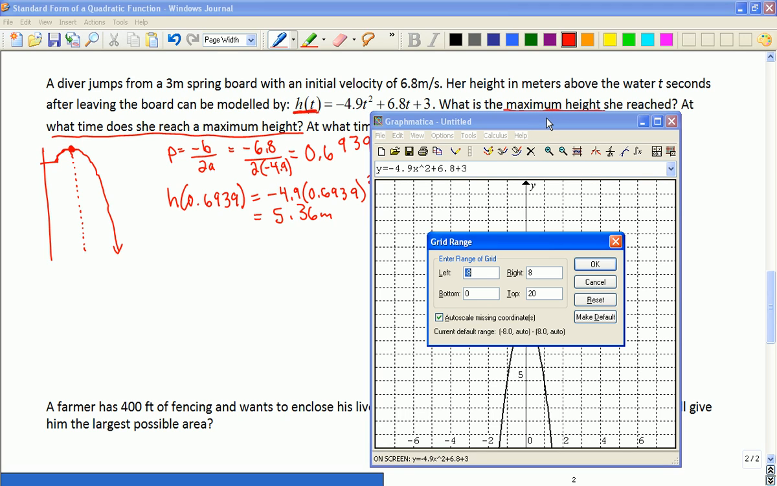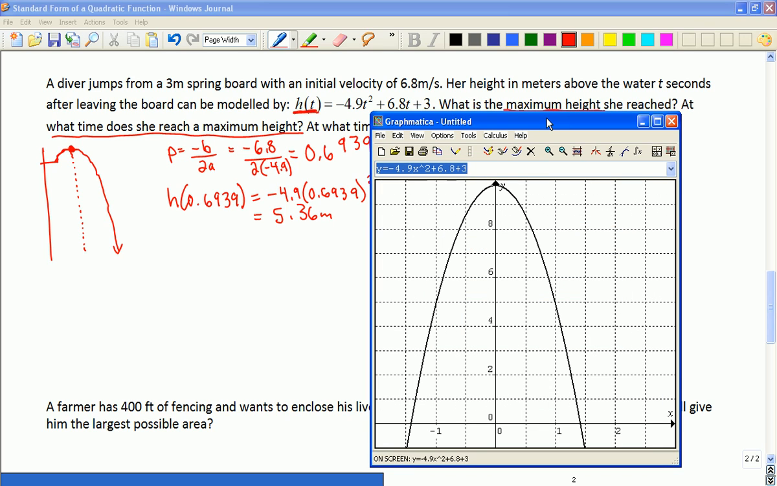And let's zoom in on a better picture here. I don't need to go that far below 0, because that means she's already hit the water. And let's say 10 here for the top. So there's a pretty decent picture of the diver when she jumps. Oops, sorry, of course I've forgotten an X there. There. So she starts at 3 meters when she jumps off that diving board, and this is the vertex we